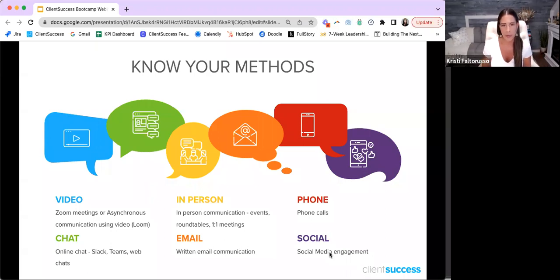And then social media engagement. Many, if not all of you, are probably on LinkedIn. You're probably engaging with one another. You're probably having conversations, participating in conversations on people's posts and chats and groups. Use social media, right? If your customers are already there, engage in the conversation, seed other threads, right? Continue that dialogue. So you have these methods to facilitate these connections in this conversation. And again, it's not limited to these 6. These are 6 that I use for today's conversation, but you can think about creative ways to leverage these methods of engagement and communication and conversation to really start to bring people together.